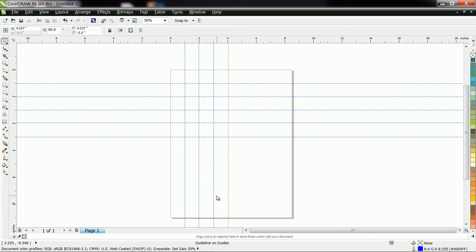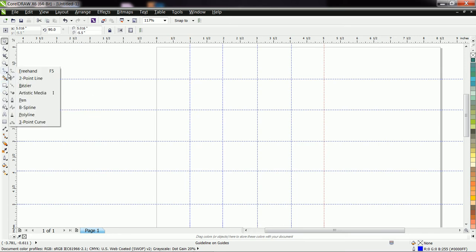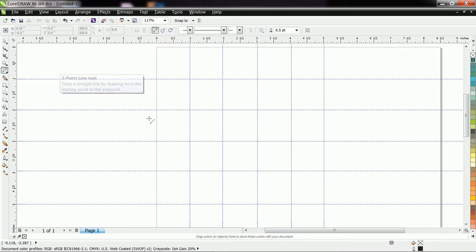Now this is ready. Now we want to work within this area, therefore let us zoom this area. Okay, now for doing the drawing as per your logic, let us see some tools. This is the 2 point line tool. Simply you click on here and you can draw a line, but here the line is not a straight line.